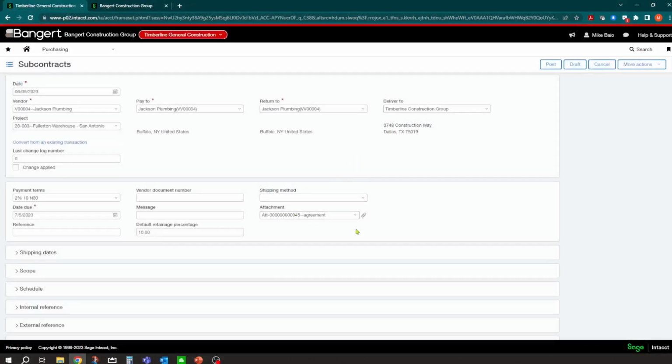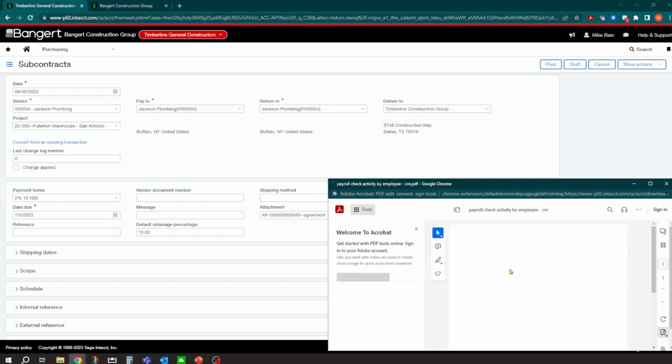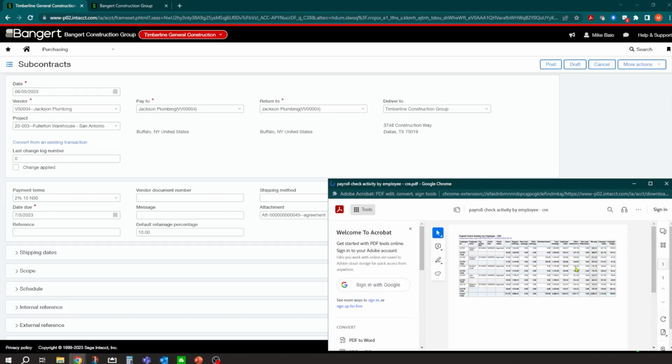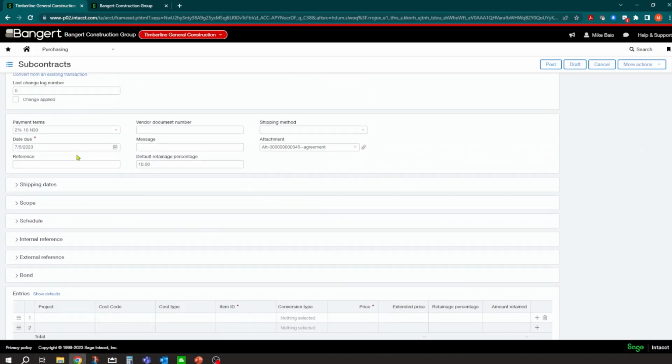Now there's an attachment on there, and you can view it by clicking the paperclip at any time, and it'll show you, in this case, the agreement. Okay, so you could do that. Now, you could take this as far as you want, as far as documents go. You could actually generate a pretty sophisticated document out of here.